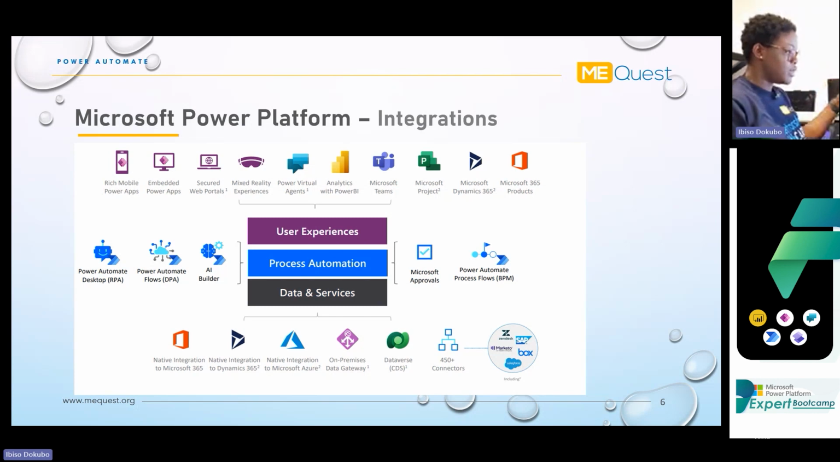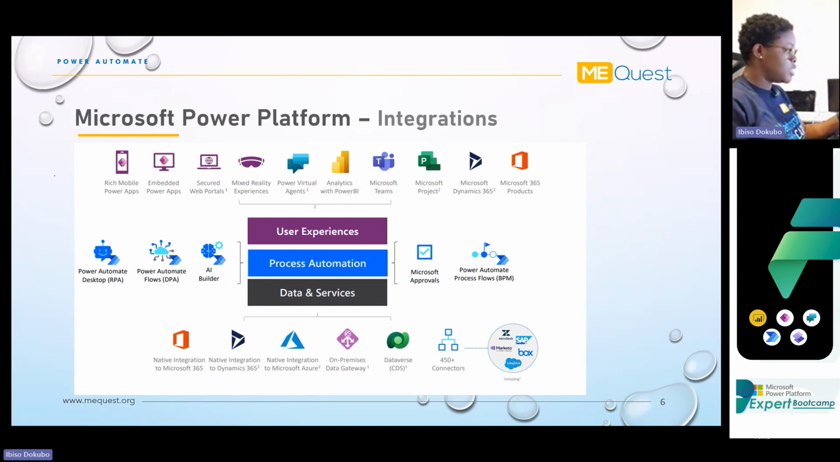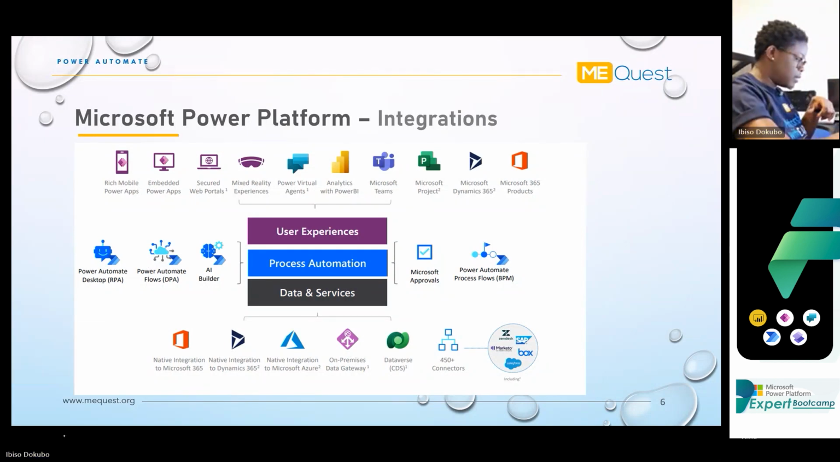And just like I explained, we have the Canvas app, which is anything that has to do with the user experience, like interfacing with the user, which is where we have Power Apps coming in, Power Virtual Agents, Power BI, Teams, and all of those things. But when it's time for automation, if you look at the middle, you discover that